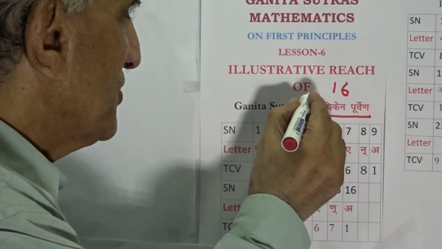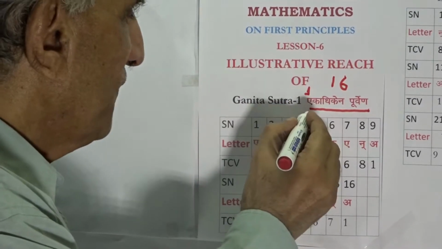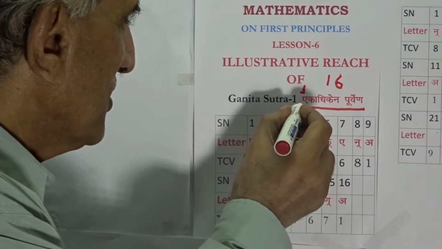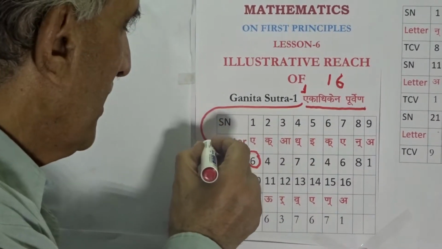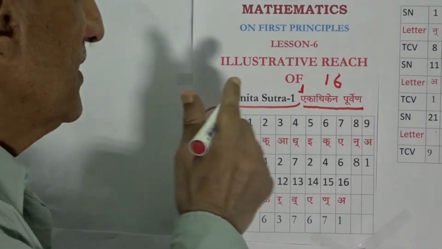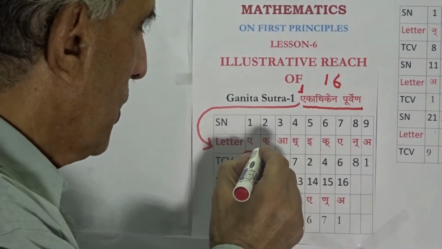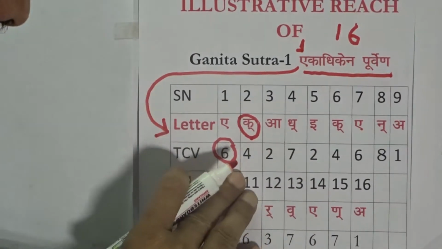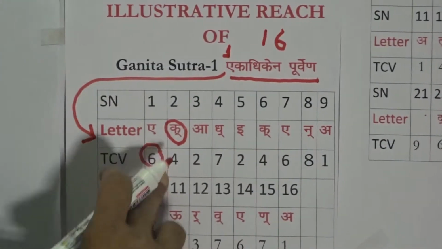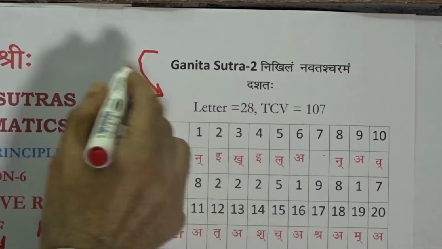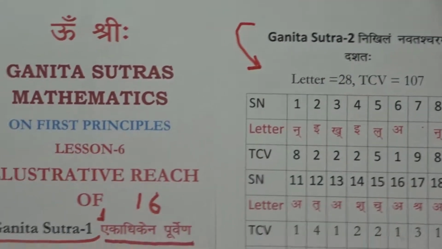The first letter A of TCV value 6 is the structural key of Ganita Sutra 1 itself. The second letter Ka with the TCV value 4 is the structural key of Ganita Sutra 2. Like that, these 16 sutras